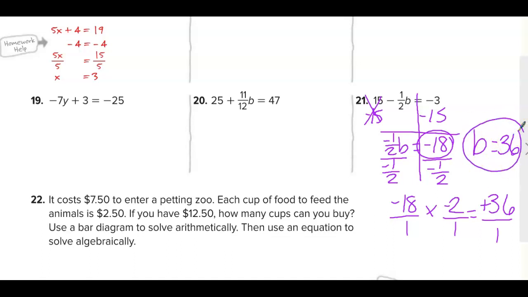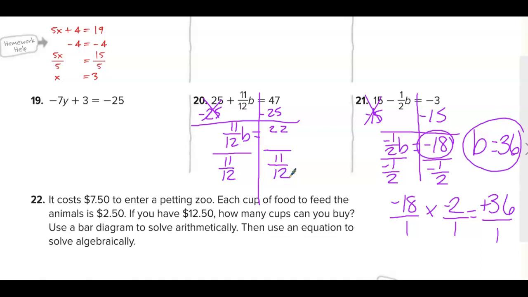All right, number 20. I always work on the side that has the variable. So I have 25 plus 11/12 b, so I need to get rid of that 25 first. So since it's a positive 25, I'm going to subtract 25. Those made 0 pairs, but I still have 11/12 b. 11/12 and b are multiplied, so I just do the opposite operation. The opposite of multiplying is dividing, so I divide by 11/12. I always keep the first one, so 22 over 1, change division to multiplication, and flip 11/12 to make it